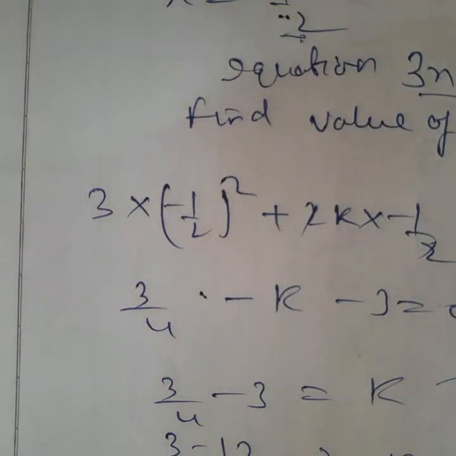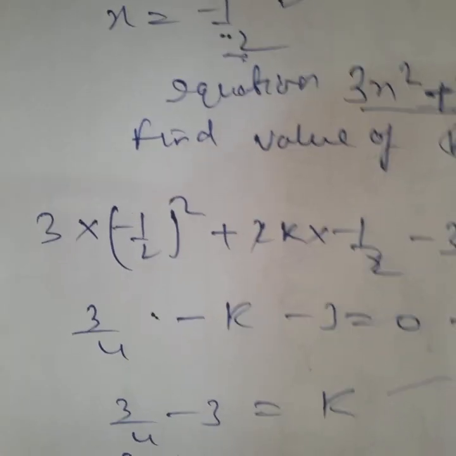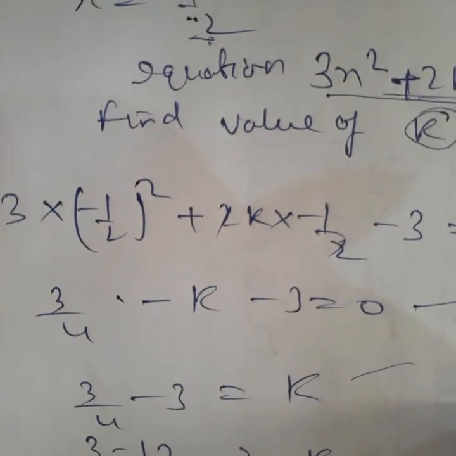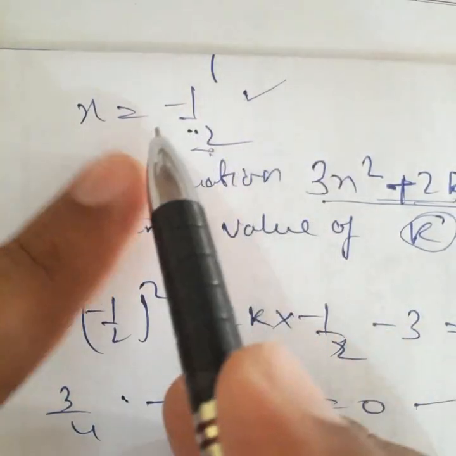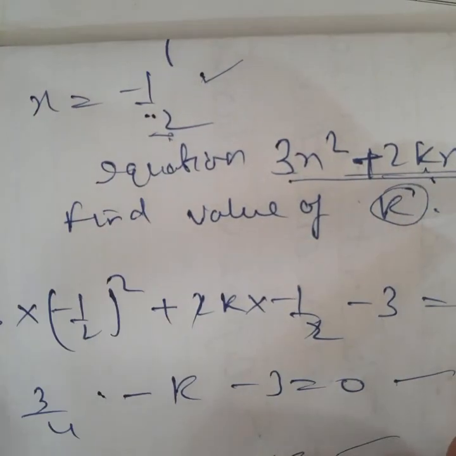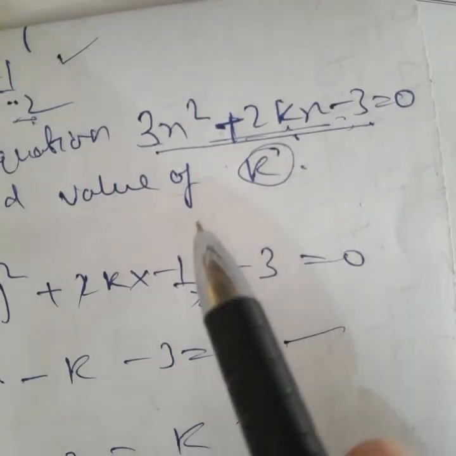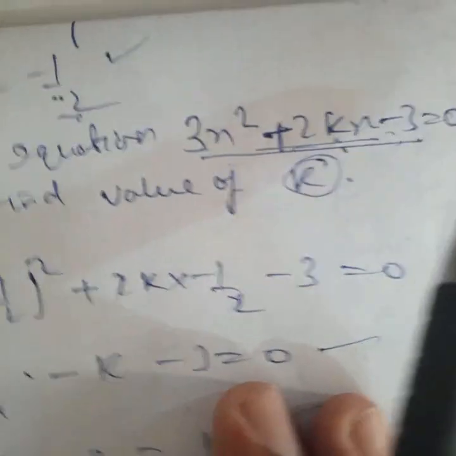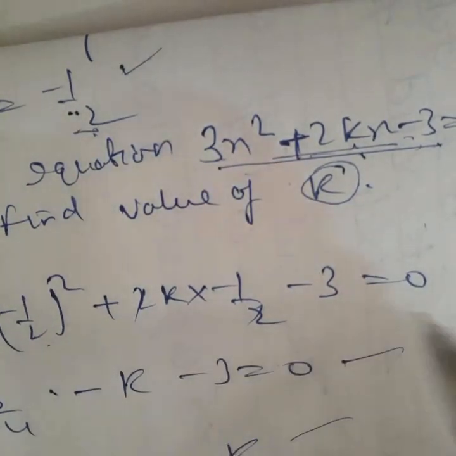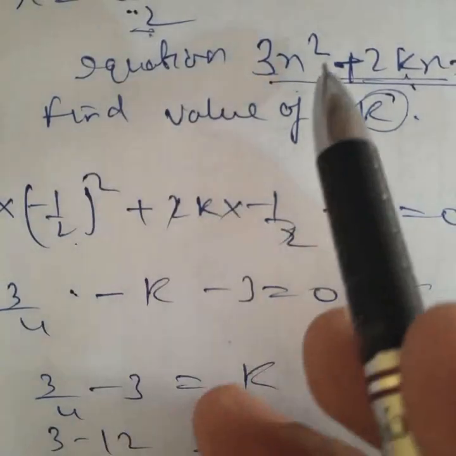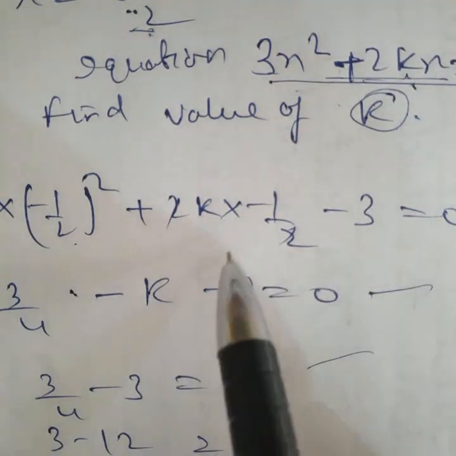Now let's move to question number 4 of exercise 5.1. In question number 4, we have to determine the value of k. The value of x is minus 1 by 2 and the equation is 3x square plus 2kx minus 3 is equal to 0. Since the question says that x is equal to minus 1 upon 2 is a root of this equation, if we substitute x is equal to minus 1 upon 2 in the equation, we should get 0. So we have substituted x is equal to minus 1 upon 2, and solving we can